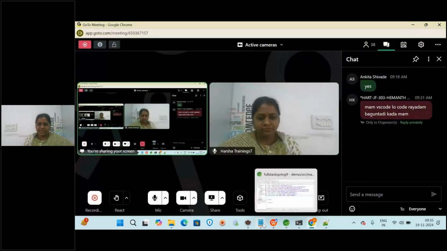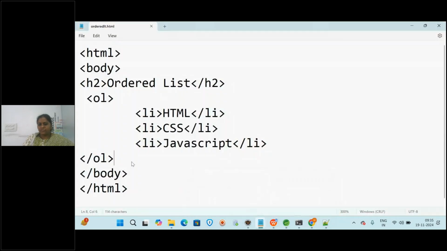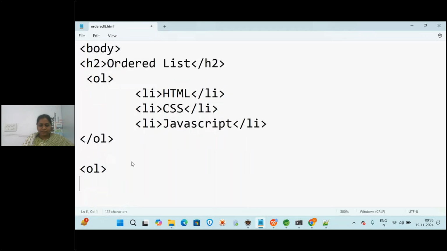Here only in the same example, I closed. You can have any number of ordered lists. Again I have opened one more ordered list, and here I'm going to write the list of items, li. Now here I will be mentioning the type is equal to A. And here I'm going to write some list of items, like core, and one more list of item.